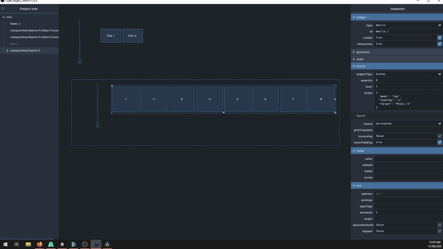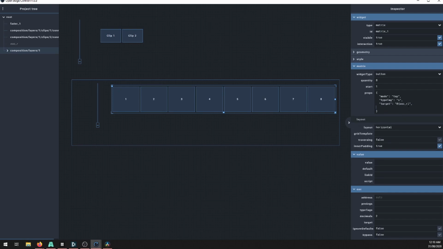Okay, now we need to send these, we need to get the OSC address for all these. And right now, what they're just sending is a single number. So we need to pull that out. Now we need to give each of our buttons a unique ID. To do that, we'll change the ID tag, ID,